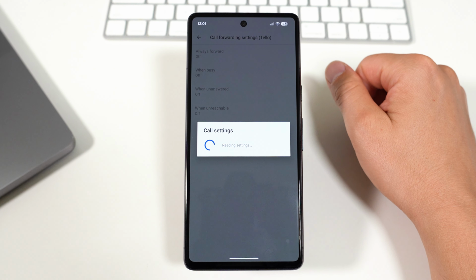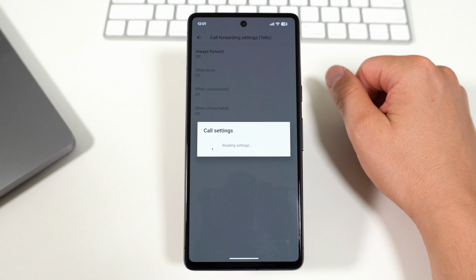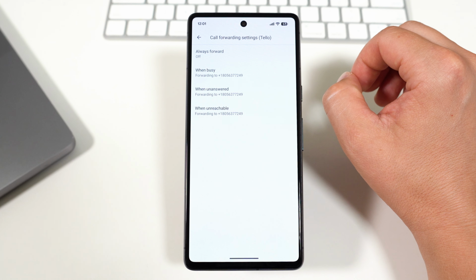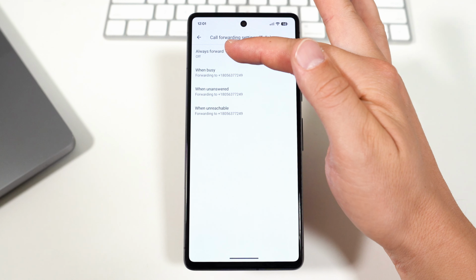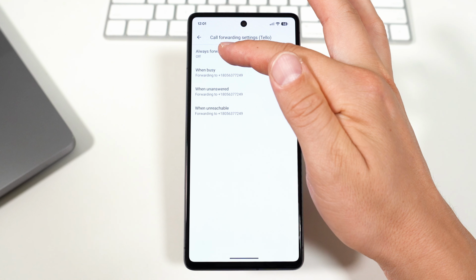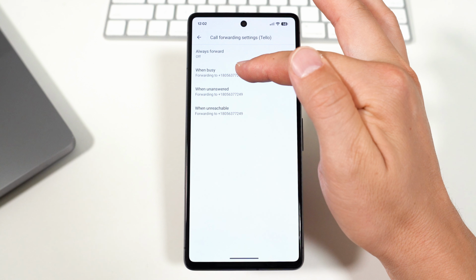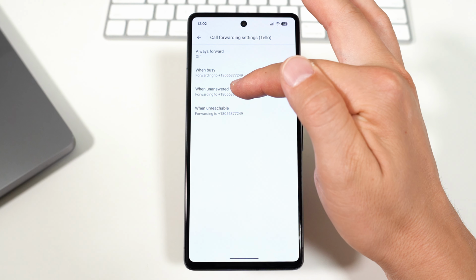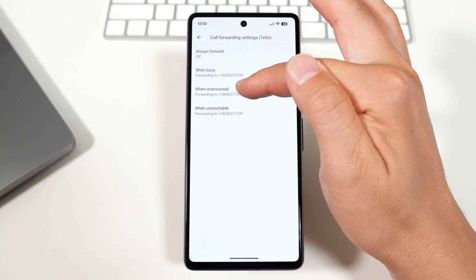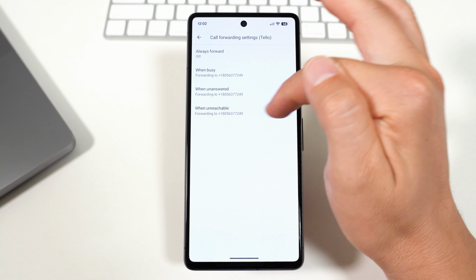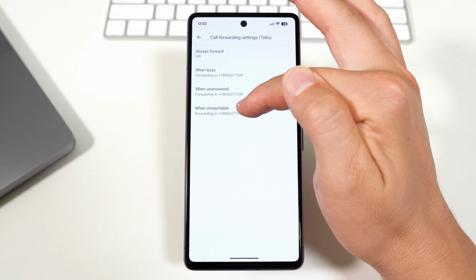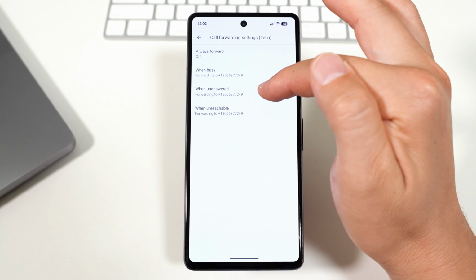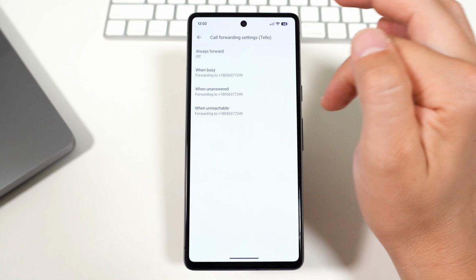And after that, you can choose the number where your forwarded calls go, as well as the scenarios where call forwarding kicks in. You can choose between these four. Always forward, forward when busy, which forwards incoming calls when you're actively on another call. Forward when unanswered. This forwards if you don't pick up after a few rings. And forward when unreachable, which forwards calls when your phone is turned off, in airplane mode, or out of cellular